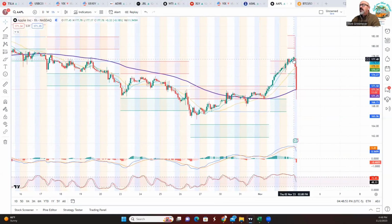Apple closed at the 177.53 area, and after earnings it has gapped down and presently is at 171.30. It's been as low as 169.33 in aftermarket today. It hit the 200-period, I guess you'd call it the 200-hour moving average. It bounced off that. There looks like a little support in this area, but